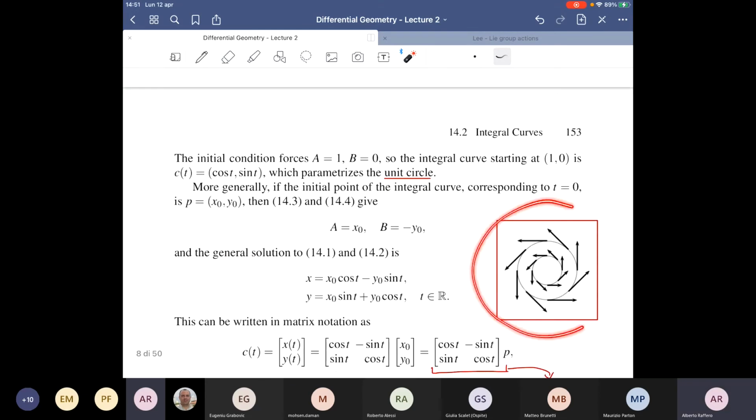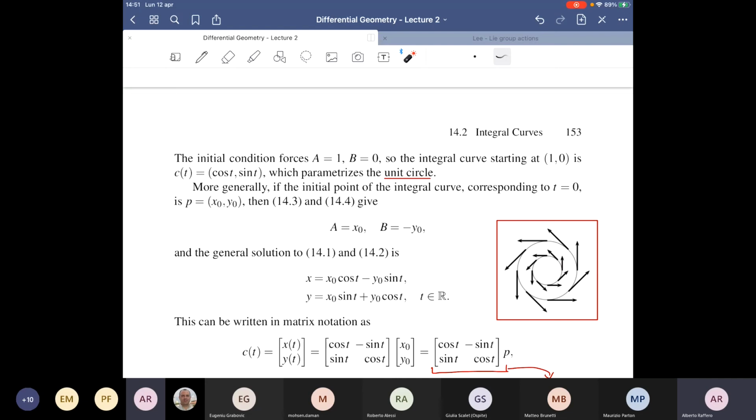This picture is taken from a previous page of this book, and this is precisely what's going on. Let's assume that this point here is the point (1, 0), and what we found is precisely this circle here. As you can see, this is the vector field we are considering along points of this circle. Of course, this is what's going on if you consider the starting point (1, 0). You can consider any other point where you want to make your flow start.